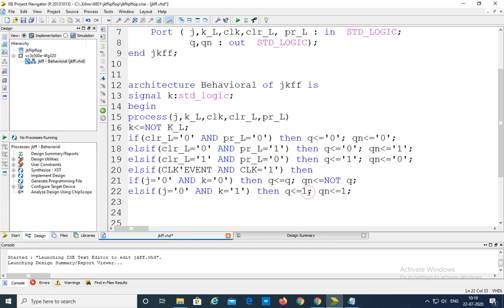So we have to write Q is equal to 0, Q bar is equal to 1. This should be placed in single quotations, like 0 and 1. If it is not the above two combinations, that is 1 0, then Q is equal to 1, Qn is equal to 0.